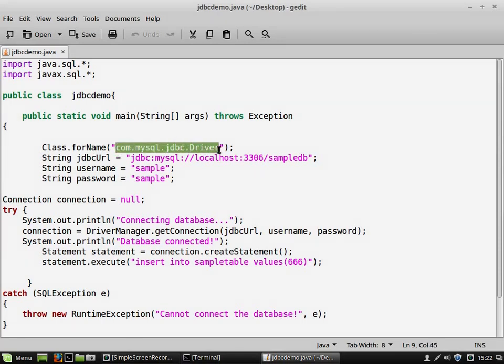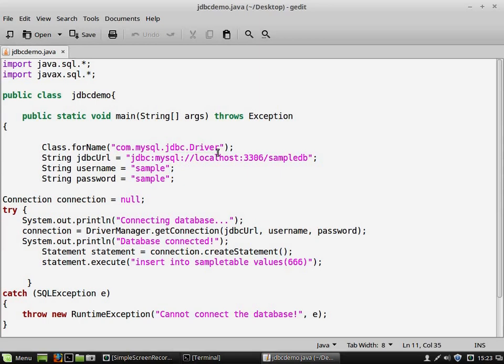So, to avoid class not found exception, we need to set class path to the jar file that is provided by MySQL. Every database vendor should provide their own driver information. Why is this driver required? Why is a driver required normally in reality? To transport something from one place to another place. So here also we require a driver to transport our SQL statements from our Java environment to MySQL environment.